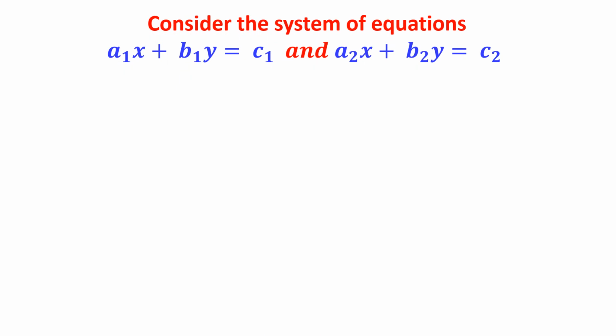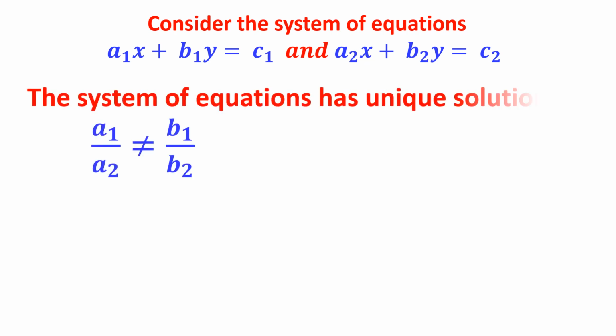Have you seen this system of equations in class 10th? a1x plus b1y is equal to c1 and a2x plus b2y is equal to c2. And we talked about its consistency, that is how it will have solution and nature of the solution, where we have defined one condition on the solution based on the coefficients of x and y and the constant. We had one condition for unique solution, we had a separate condition for no solution, we had a condition for many solution. Let us recollect.